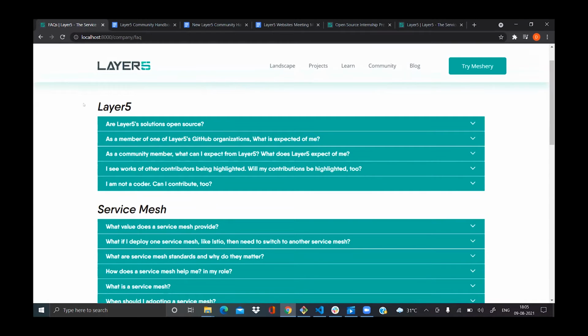Maybe this one, because this is a little general. Only the Layer5 section. Yeah. I mean, there's even better ones to get into community. There's good new ones to bring up on the community, which is